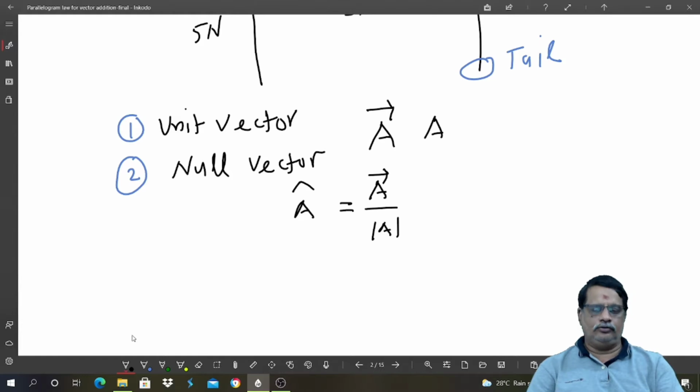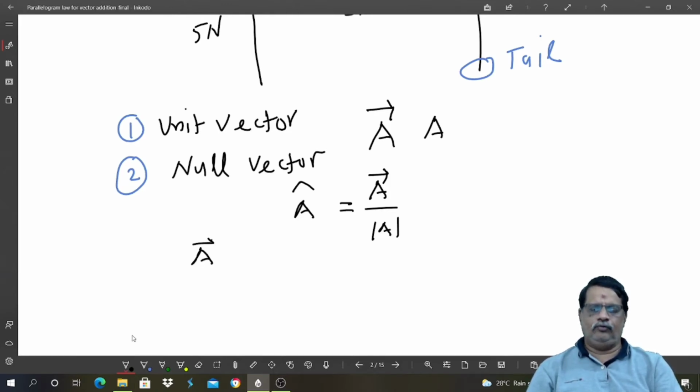So those are two. Now of course we have to discuss the second one, which is the null vector. Null vector is, again, as the name suggests, a vector with zero magnitude. So for a null vector, the magnitude is zero and the direction is ambiguous. Zero magnitude and ambiguous direction. So many students will ask, what is the need of having such a vector whose magnitude is zero? It has no specified direction. So what is the point in defining such a vector? I will show you with an example.